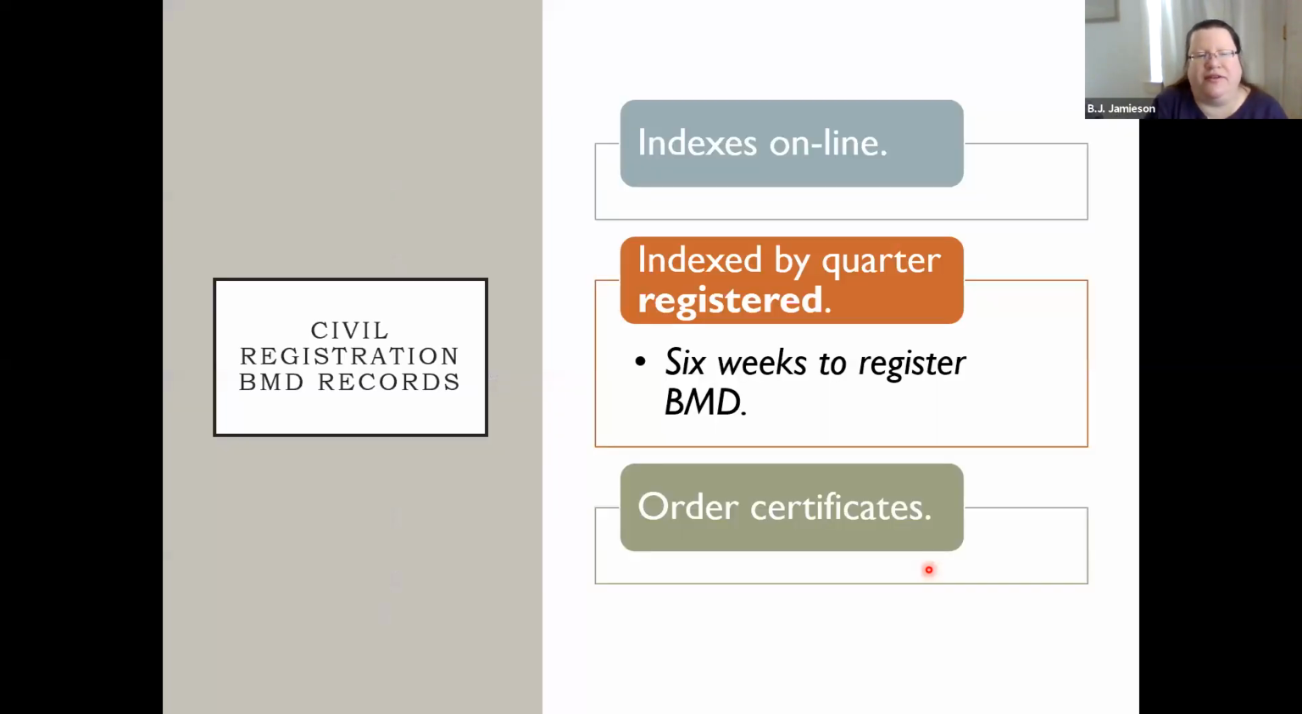So civil registration of births, marriages, and deaths started in England in 1837. What's online are indexes, so that you can find a record and order it. They're indexed by the quarter the birth was registered. So January, February, March is in one volume. The next volume for the year is April, May, June. And what sometimes happens is if you know somebody was born in April,